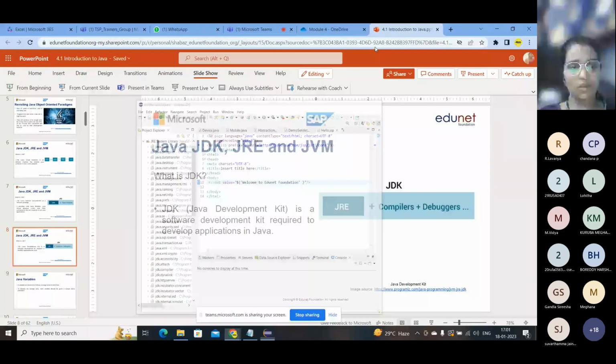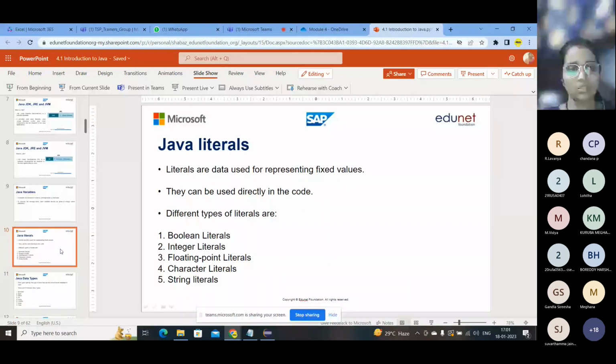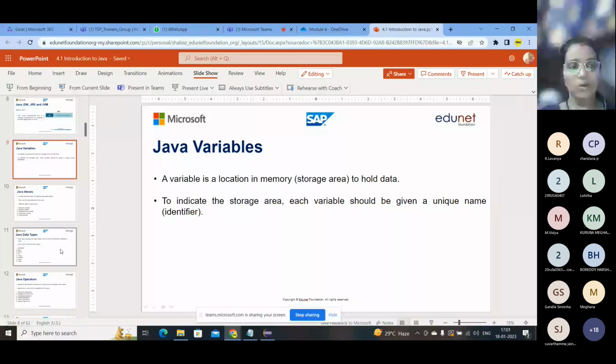Okay, and next one is, what are Java variables? So Java variables, so we'll just come to know what all these things are. Okay, so that we'll move on to the coding. So a Java variable is like a location. So if you want to store some information, for example, I have some variables.